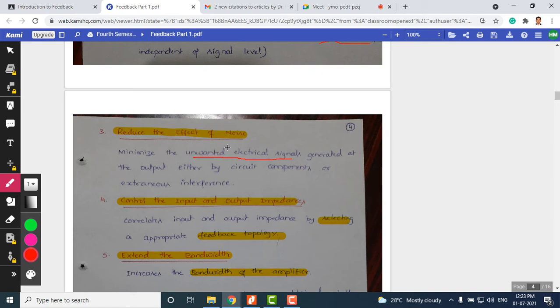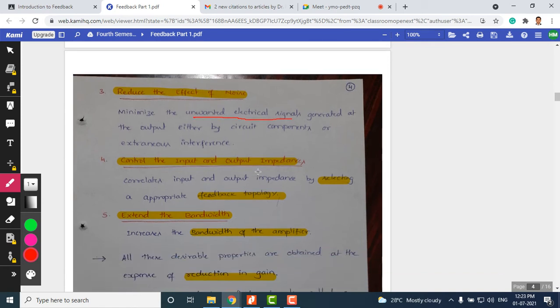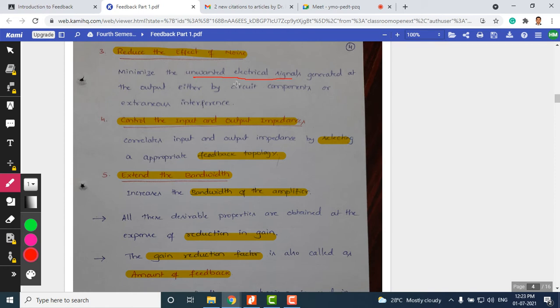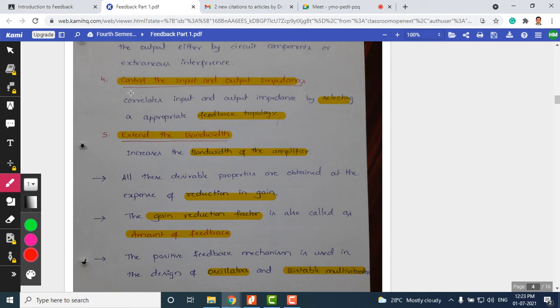You might have seen in your televisions at home, any spark or electric spark will create some disturbance in your TV picture signals. You might have observed that with mobiles also, right. That's noise, and it can be easily reduced by employing negative feedback. All these things we are trying to say, we are going to prove mathematically at a later stage in this chapter. It is not just theory; we are going to prove it with mathematical equations.